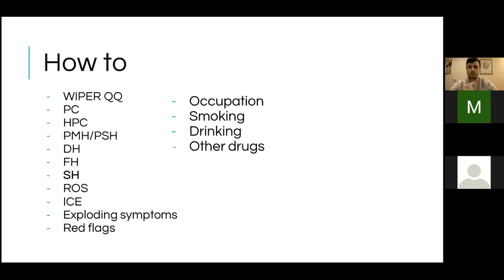And then you can ask about things like smoking, alcohol, or any other illicit or illegal drugs. Really, in the context of chest pain, shortness of breath, smoking history is quite pivotal. So getting a pack year history: if the patient smokes 1 or 2 a day for a couple of years, that's much less of a deal than if they've smoked 20 a day for 20 years. And again, with drinking, just establish if it's constant, regular, if they binge drink.